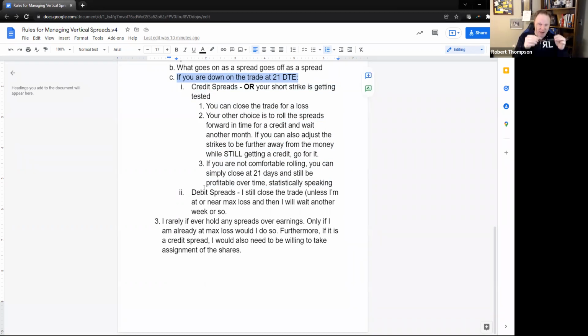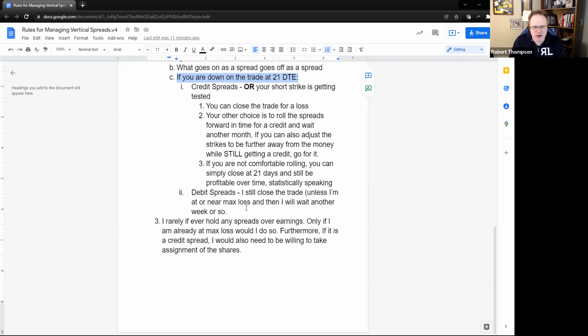Anybody who sold a credit spread in like the last week or two is down right now. Unless, well, I mean, maybe not right now. The market is just ripping right now. Maybe they recovered, but before today, they were down. Anyway,